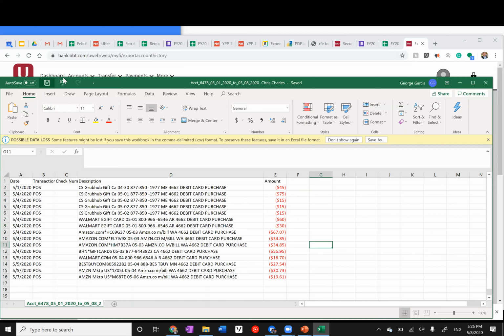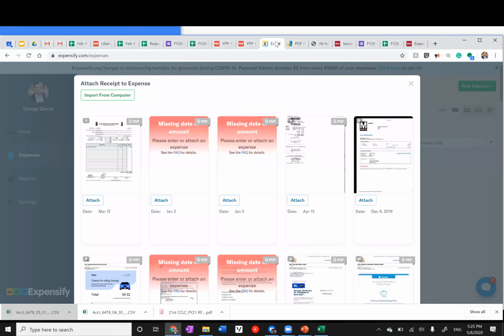Now I'm going to go into Expensify, which should be in the middle there. Yeah, there you go. All right, so